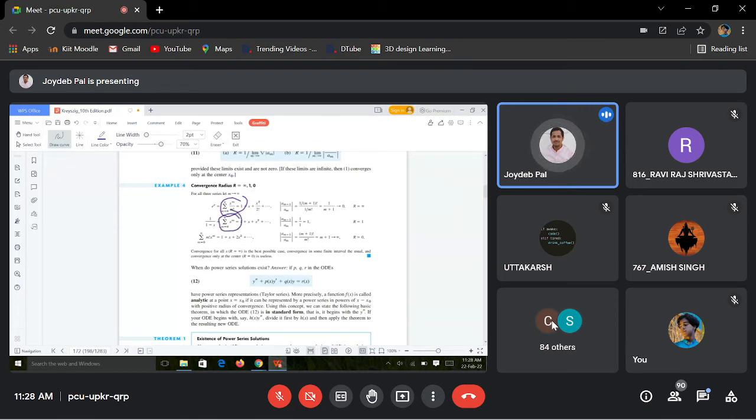And for this series, the sum over m from 0 to infinity of x to the power m, you try, the radius of convergence will be 1. So what is the interval of convergence then? Modulus of x less than 1, right? That is why, whenever this series is mentioned, modulus of x less than 1 comes with it, because for any x value outside it, the series does not converge.